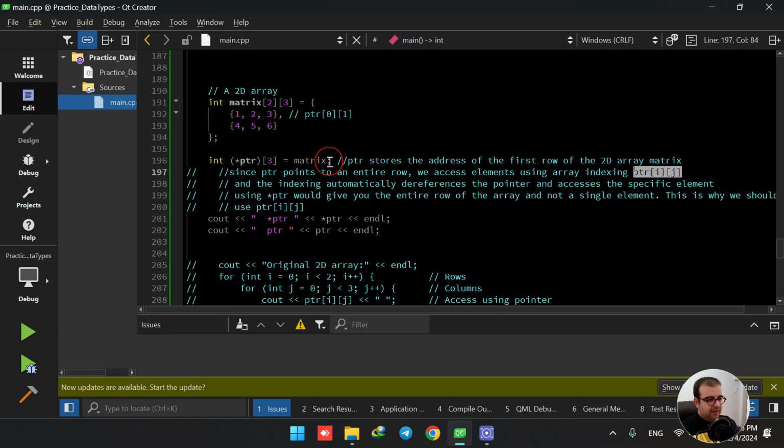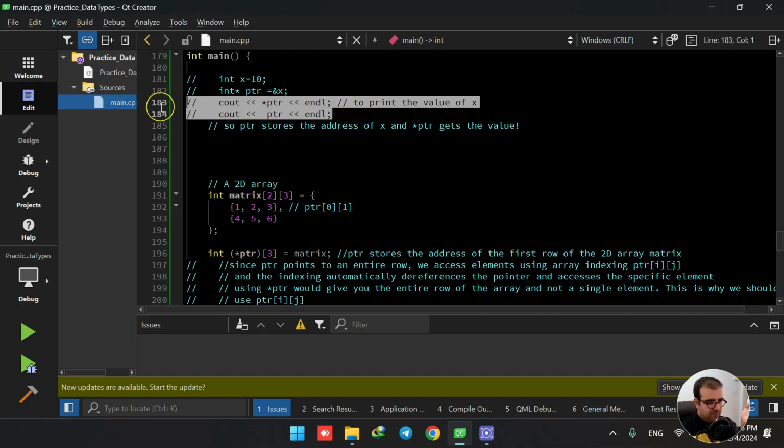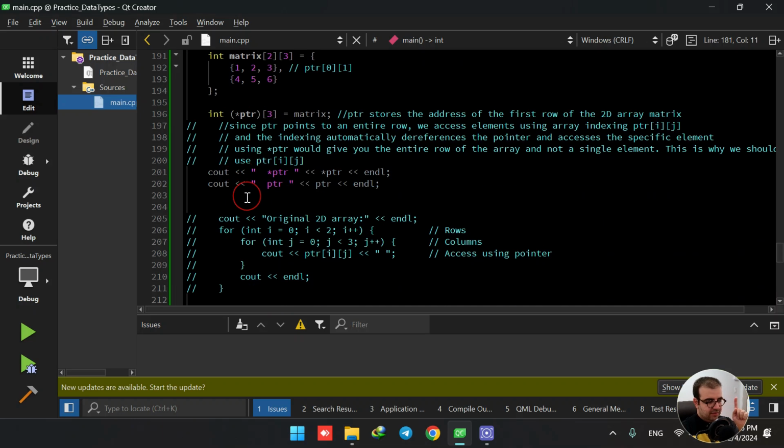And you see that initializing the pointer for a two-dimensional array is a bit different. In order for you to have a better understanding, I am printing two values. Above, we printed the same syntax when the pointer was pointing at one single element. But here, if I run,